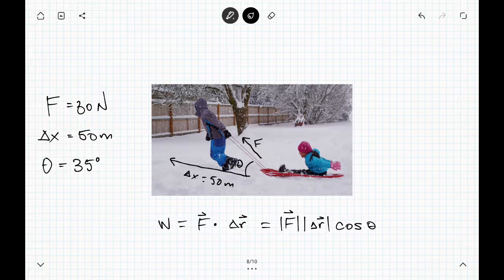And so we know that the magnitude of the force is 30 newtons. We know that the distance that's traveled is 50. And we know that the angle that's made between the force and the distance vectors, in this case delta r,